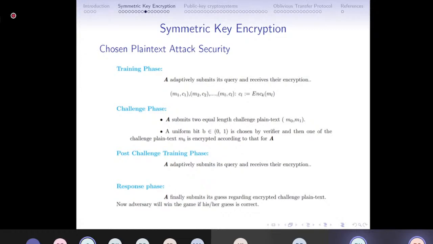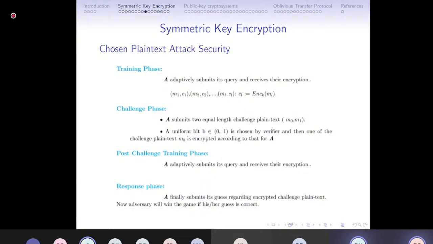Before moving on, we need to know what a chosen plaintext attack is. In a chosen plaintext attack, the adversary first takes a set of pairs of plaintext and ciphertext. That means, based on his choice, he sends a set of messages to the encryption oracle and gets the